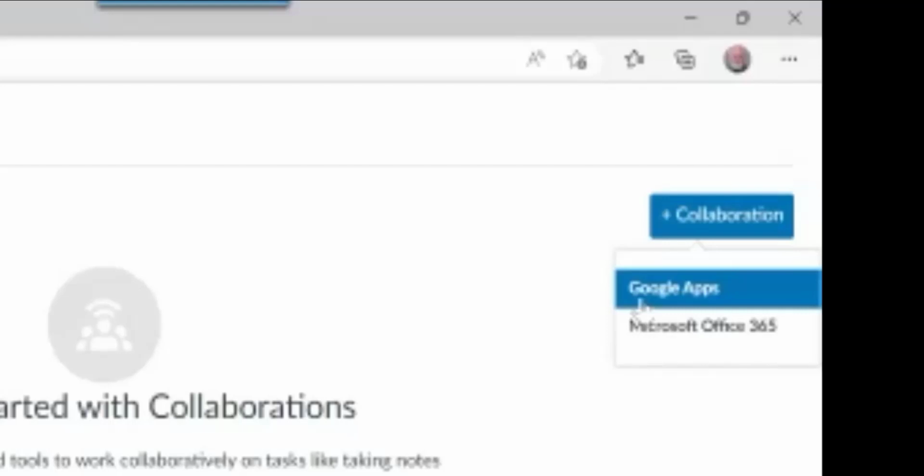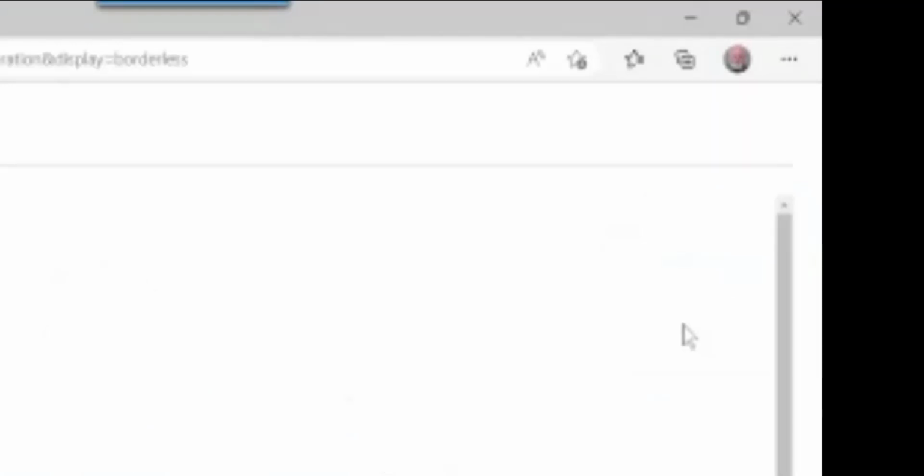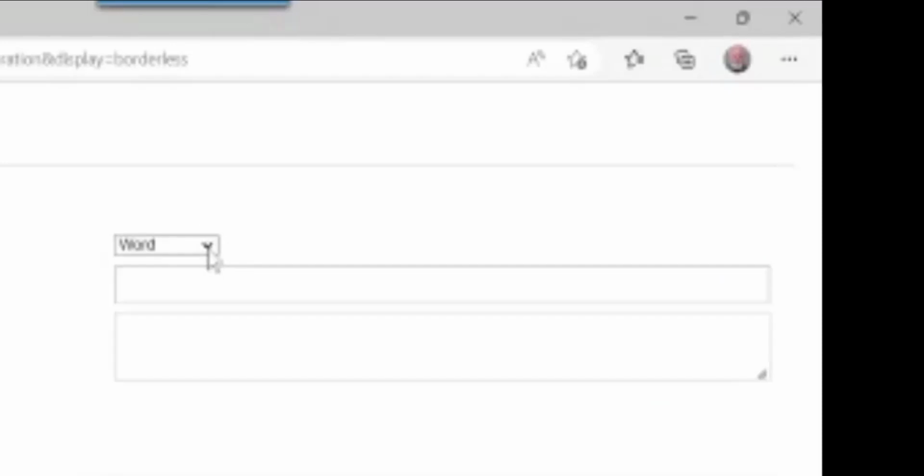Anybody can have access to those. Or all of our students now have access to Microsoft Office 365. Indeed, they have better access to it than some of us. So they can create Office 365 documents, in either Word, Excel, or PowerPoint,